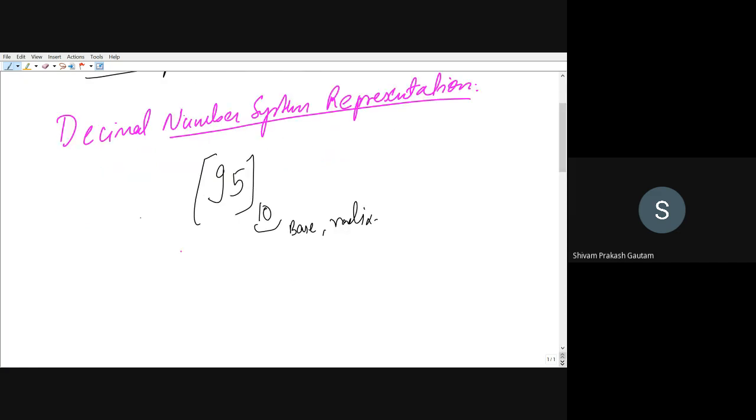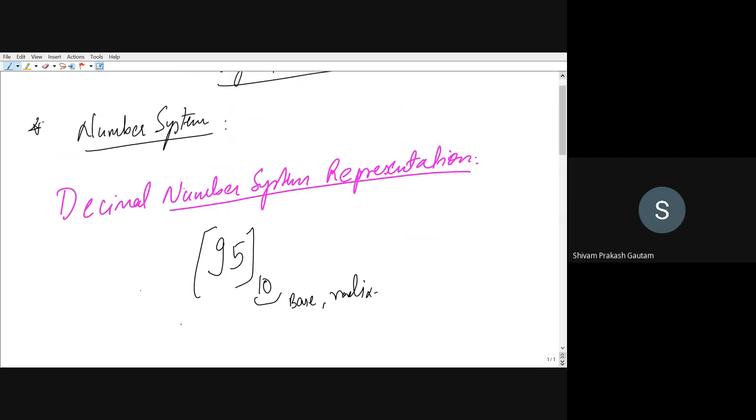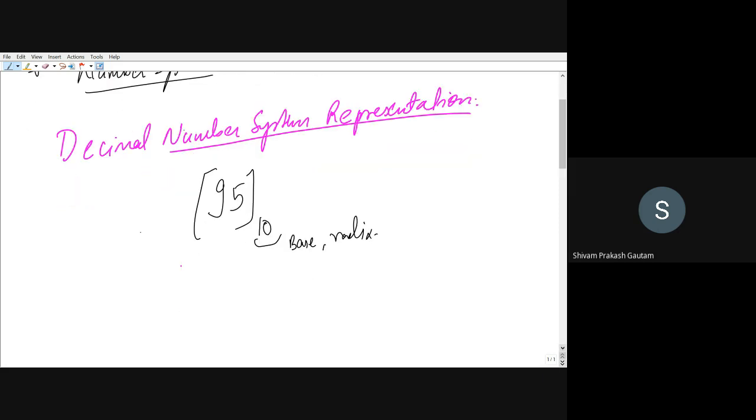Why? Because in digital, we will be having different kinds of number systems, be it binary. We will also see the binary number system, then octal number representation, and the hexadecimal way of representation is also there. Some of the students might already know this from before, so this is just preliminary. So this is 95, represented in decimal. If you have written a base of 10, that means this number 95 is written in decimal format. Let us give one more very simple example.